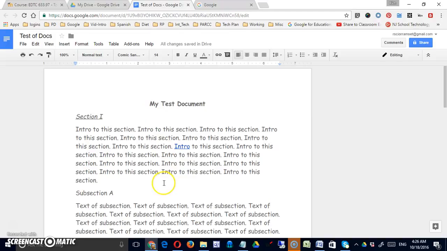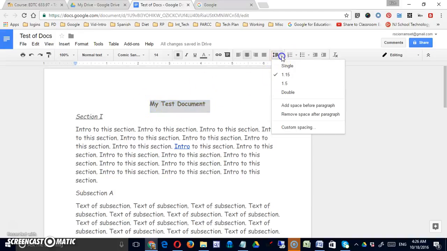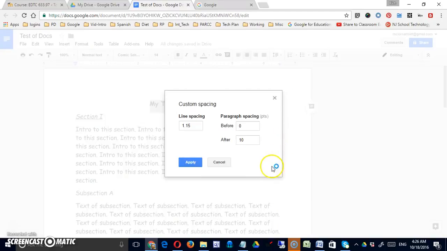Now, I don't have to use the exact same spacing throughout my entire document, and sometimes it doesn't make sense to do so. So let's highlight just the title. When I come back to spacing, notice that I can add space before the paragraph, but my option to add space after the paragraph is gone because I've already added space. So this is kind of like a standard amount of space, and all I can do is remove it if I want. But alternately, I can go to custom spacing, and you can see that this is giving you a